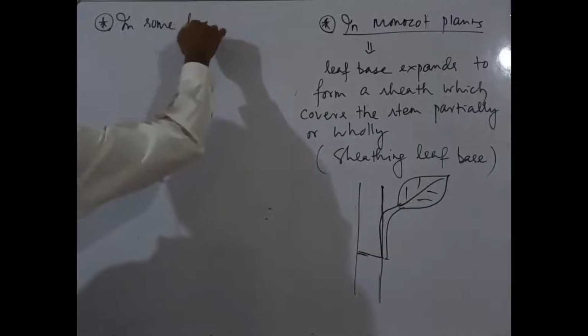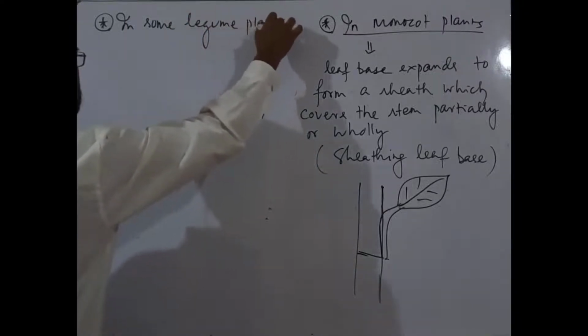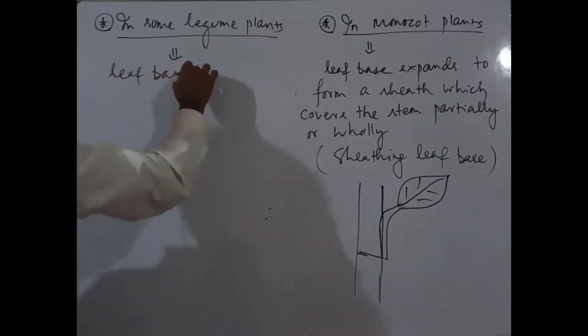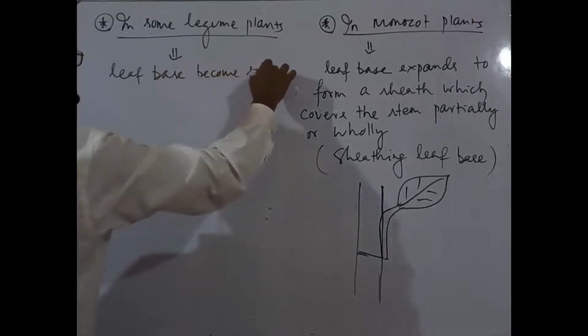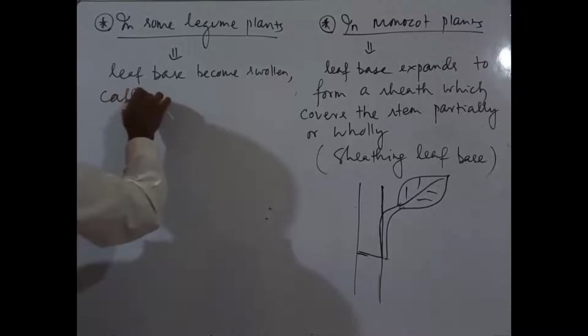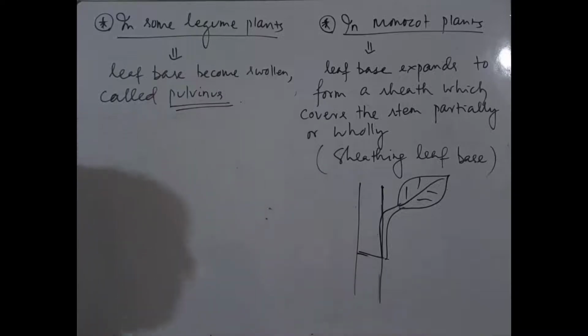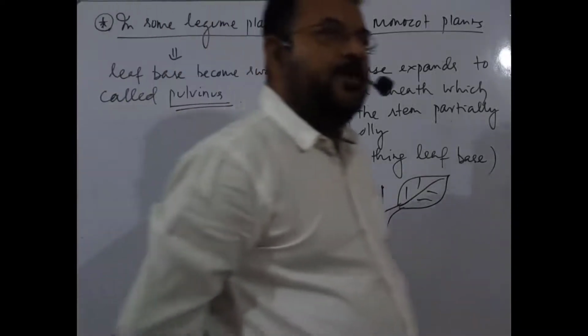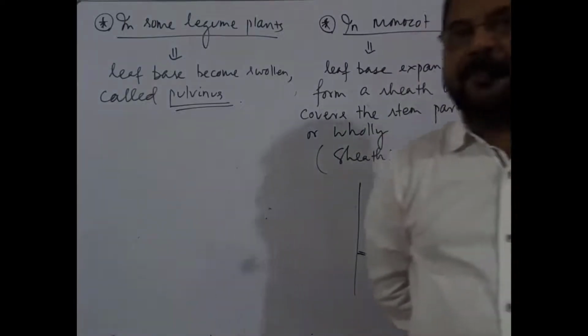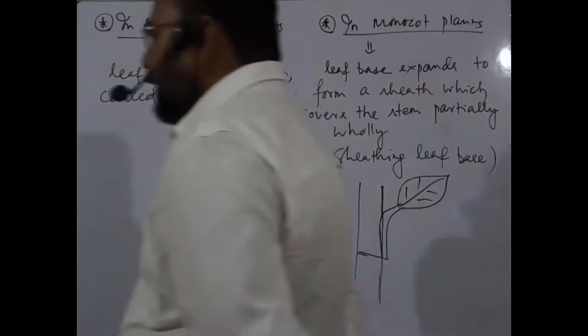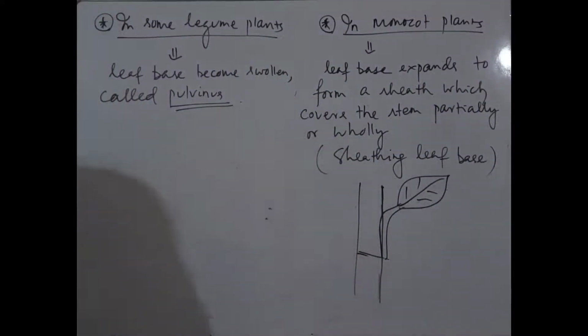In some legume plants, leaf base becomes swollen, called, इसका नाम है pulvinous, पॉल्विनस लीफ बेस। लेग्यूम प्लांट्स का मतलब ये है लेगुमिनोसी फैमिली और फैबासी फैमिली, जैसे पी फैमिली इसको बोलते हैं, पी, बीन, ग्राम, ये सब प्लांट में लीफ बेस स्वोलन होती है, दैट्स कॉल्ड पॉल्विनस। लीफ बेस अगर स्वोलन होगा, दैट लीफ इज नोन एज पॉल्विनेट लीफ।